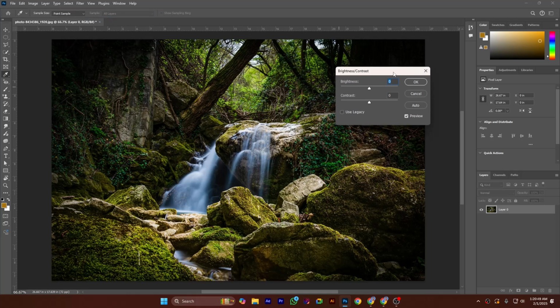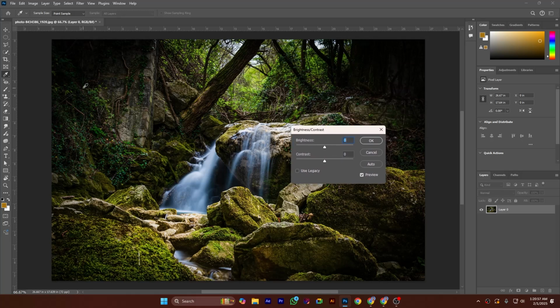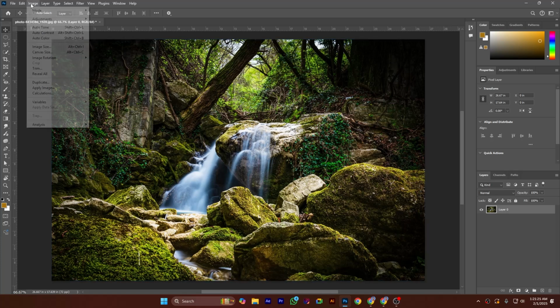After accessing this, you can see here is the dialog box. This is brightness and this is contrast. So you can already notice that this image has a darkened part and this looks darker. So I am increasing the brightness value from this Brightness and Contrast dialog box. So this is the value. You can see the image is now much better than previous,